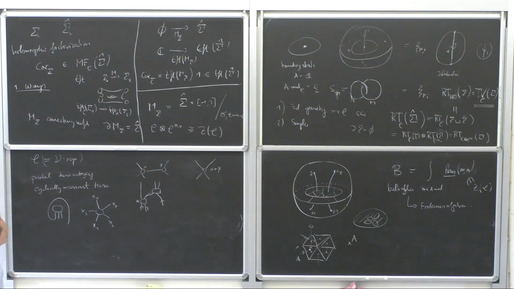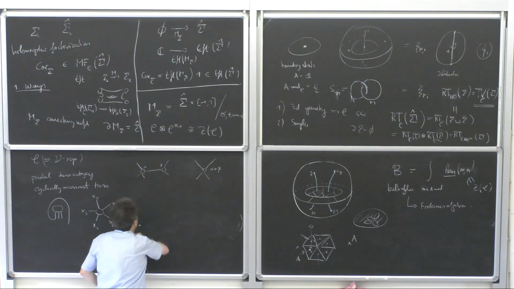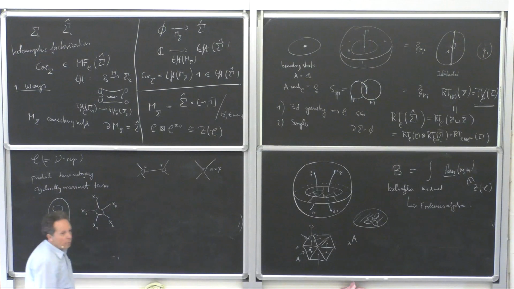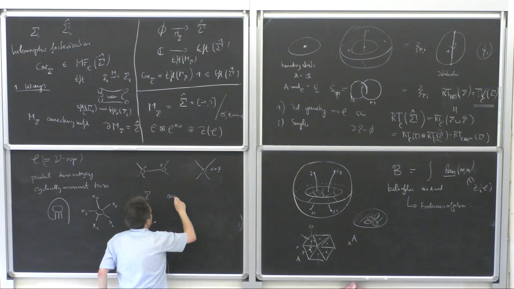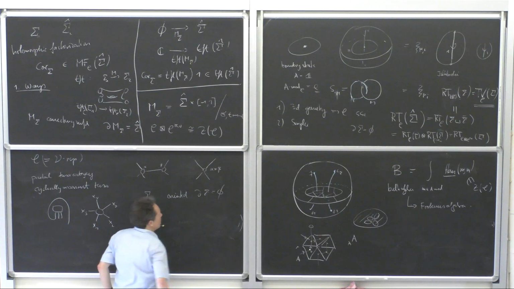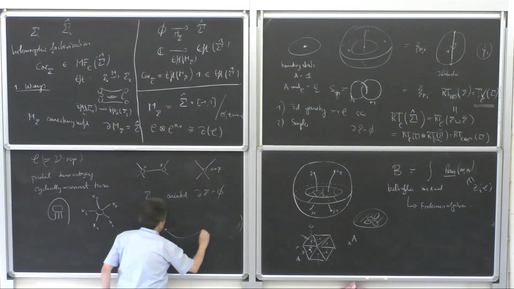So now we do something which has been invented by solid-state physicists when they wanted to describe topological phases of matter. Well, take sigma. Sigma is for the moment oriented, and let's go to the case where we do not have a boundary. I want to construct a vector space for this. So what do I do? Sigma looks like this,